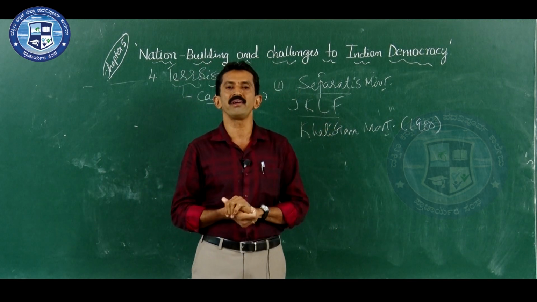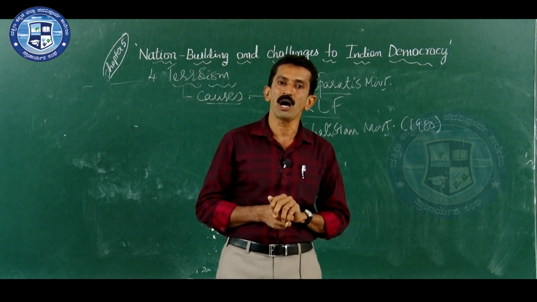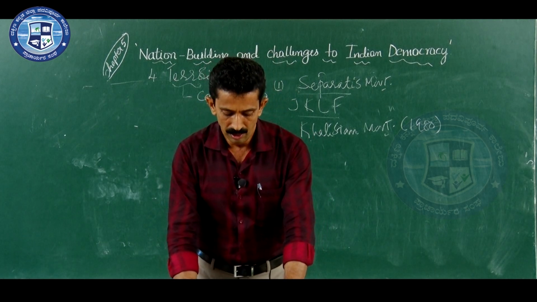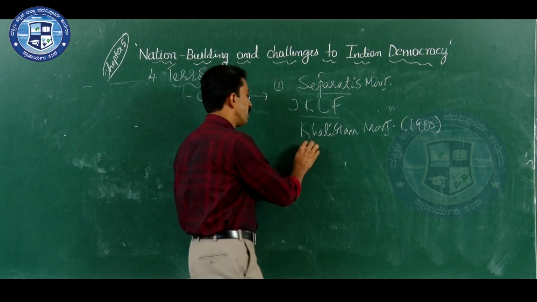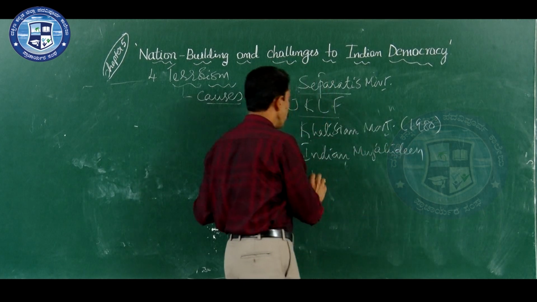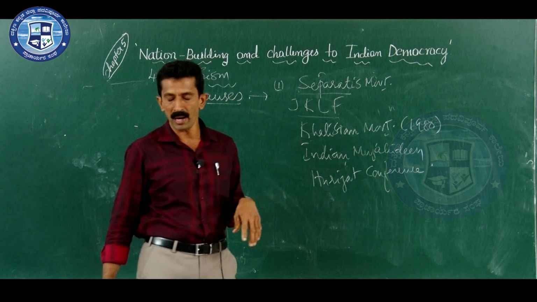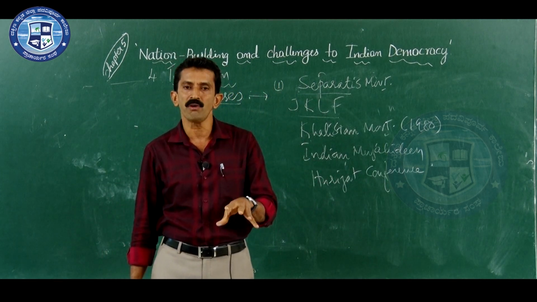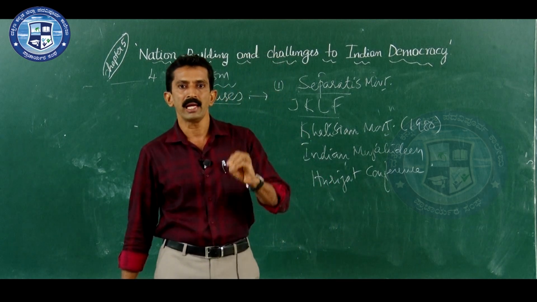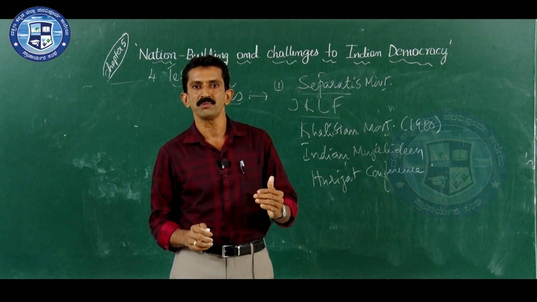Anyhow, it was one of the separatist movements in India in the 1980s under the leadership of Bhindranwale, who demanded a separate Punjab state for the Sikhs. In a similar manner, we have other organizations like Indian Mujahideen, whose name was already mentioned, or the Hurriyat Conference in Jammu and Kashmir. These organizations are also involved in anti-national or separatist activities, and their demand was mainly a sectional demand, their own group interest, and they are against the interest of the Indian